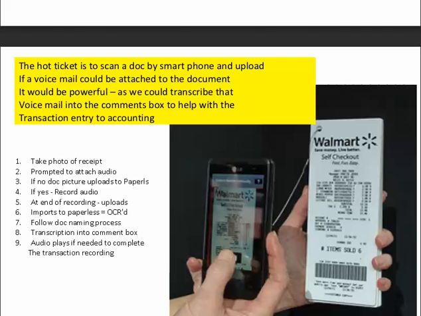And they may just want to record audio only. For example, I just put money in the parking meter. I don't think it's necessary to take a picture of the parking meter, but you could do a quick click on the app and say, I just put $1 into the parking meter, so that there's a tracking and contemporaneous recording of all expenses. At the end of the recording, it automatically uploads into the paperless overnight, and then is